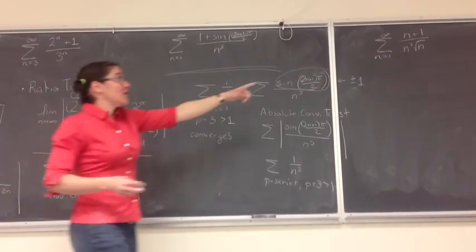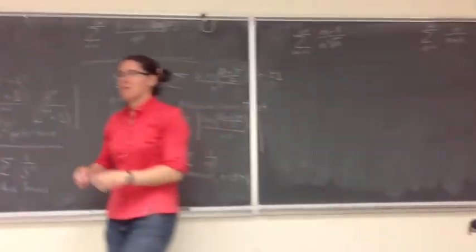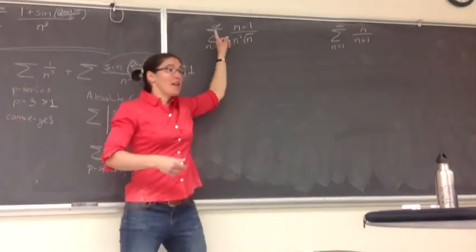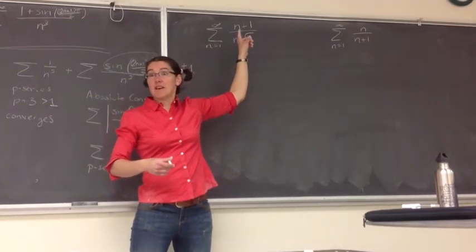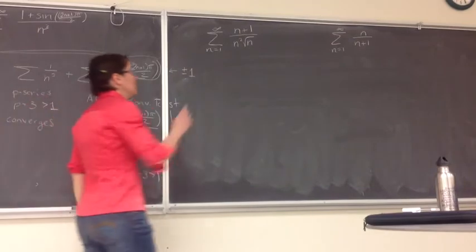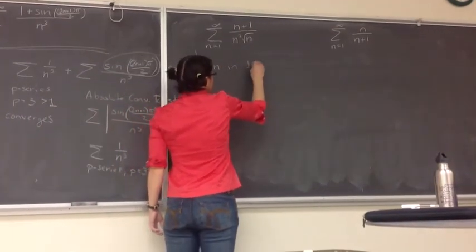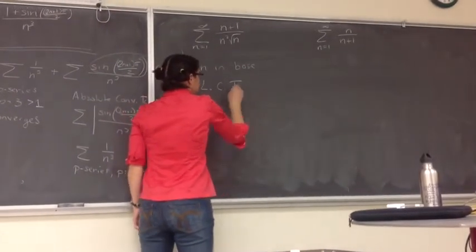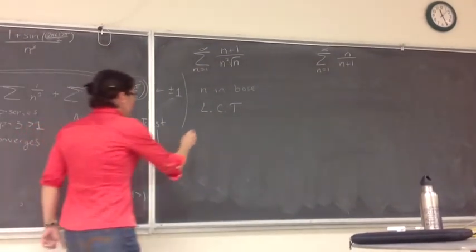Okay, other questions or comments? Okay, so our next one, over here, we've got n plus 1 over n squared times the square root of n, the sum of all of those terms. When I look at this one, what I see is n's all over the place in the base. And so I might ask myself, okay, what do I want to compare this to? This looks like a good limit comparison test. N in the base, which tells me, let's look at the limit comparison test. So I want to compare to,